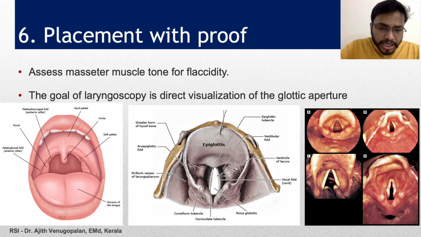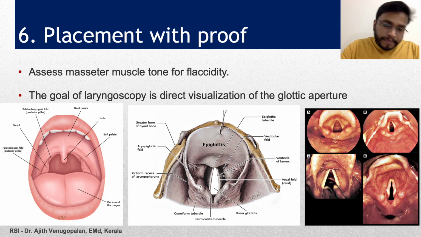Once we have given the induction agent and the paralytic agent, the next step that follows is placement with proof. The starting of placement with proof is to make sure that the drugs have acted. For that, we are going to check the masseter muscle for its flaccidity. Once that is checked and you're sure that the drugs have taken effect,